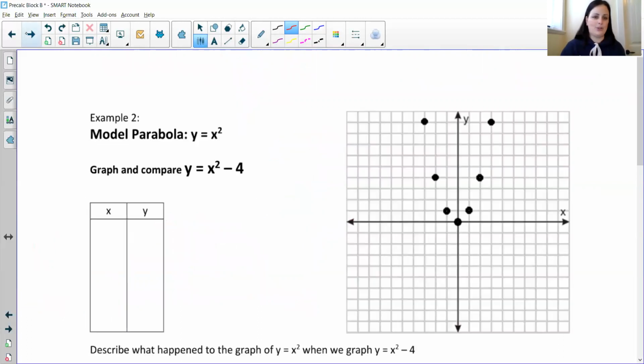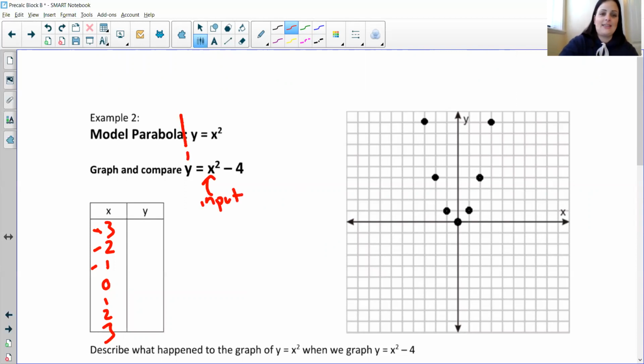Okay, here's example 2. Hopefully you've already gone through this. So you're going to pick any values for x, but just pick the ones that I gave as an example: -3, -2, -1, 0, 1, 2, and 3. Again, you're going to input those values for x, and you're going to get this output